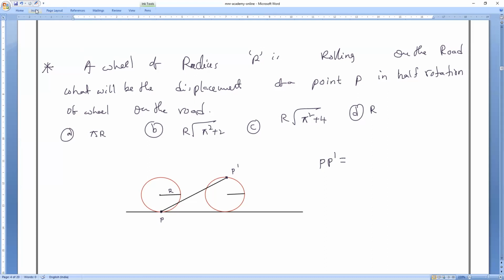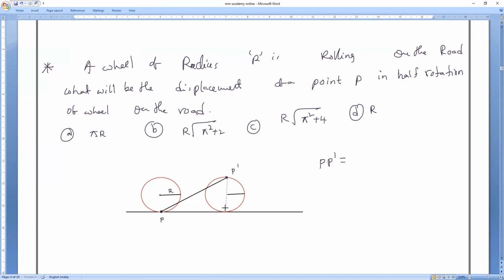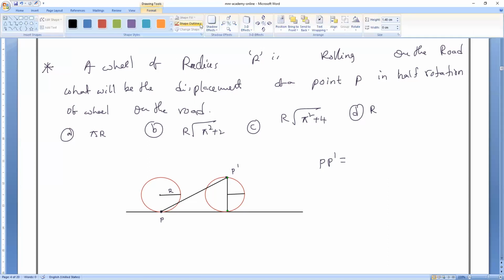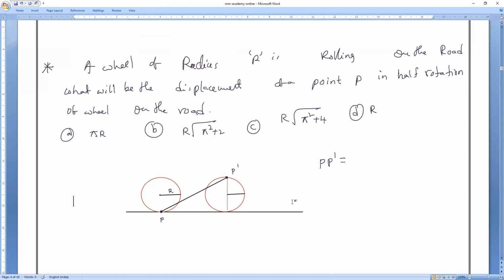Check it, everybody. I want to form a triangle. Yes or no, guys? If it is a complete rotation, where will the P point come to? Down. So it is not a complete rotation. So what will happen? It will be up. If it is a complete rotation, then from here to here is equal to pi